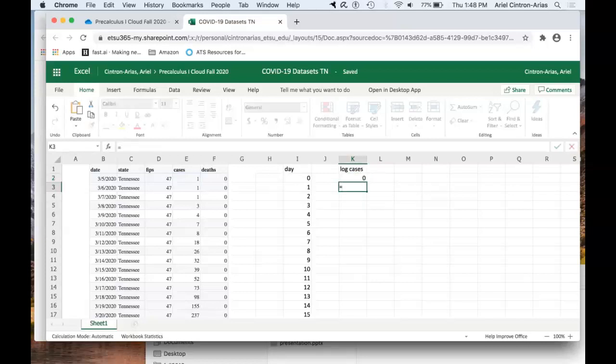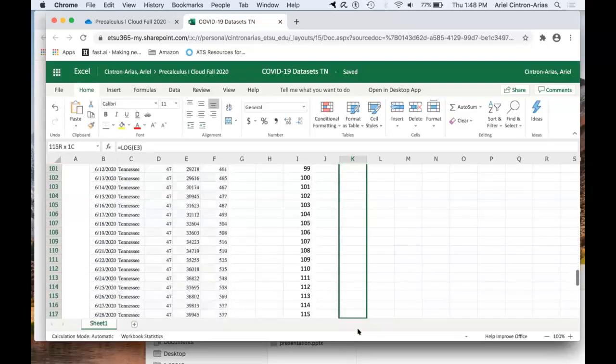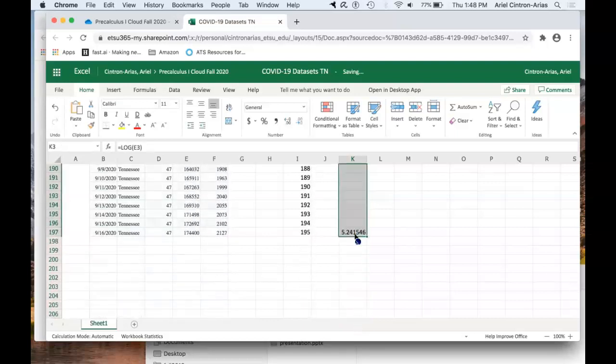Or I could do log, as I'm doing in the next cell, and then I can select that cell and close the parentheses. And similarly, I'm going to drag this function so it propagates all the way down. And again, if I'm going too fast, this is being recorded also. Okay, so